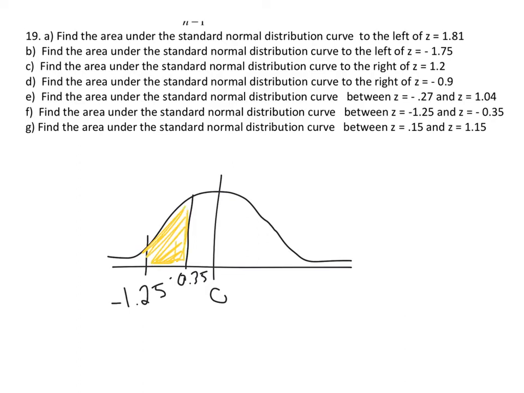Okay, so what's important to realize is that negative 1.25 is farther from 0. So how are we going to figure out this yellow area based on what we can get from our table? Because our table is only going to give us the area between a certain z value and a z value of 0. So if I look up 1.25, I'd get this blue area. And if I look up 0.35, I would get the green area. So you can see looking at this picture that since what I want is the yellow,